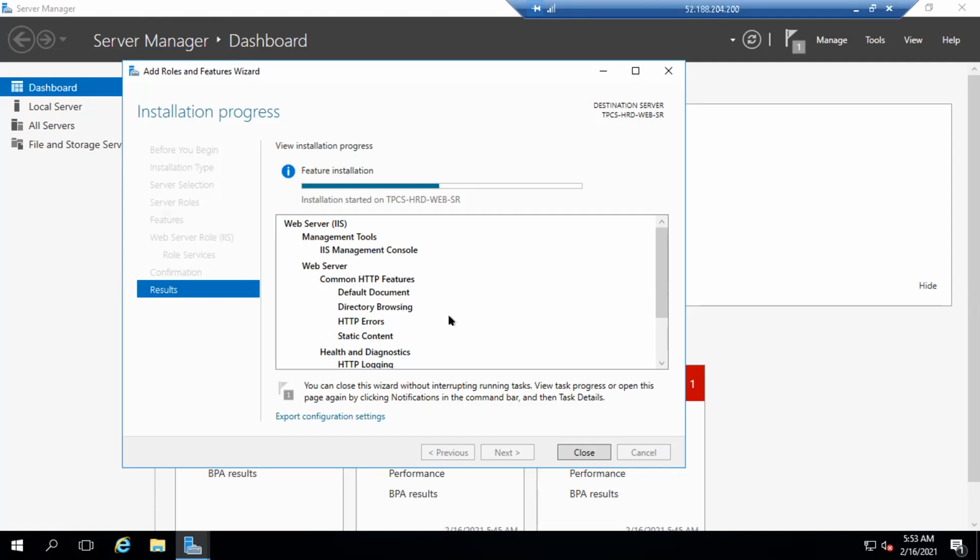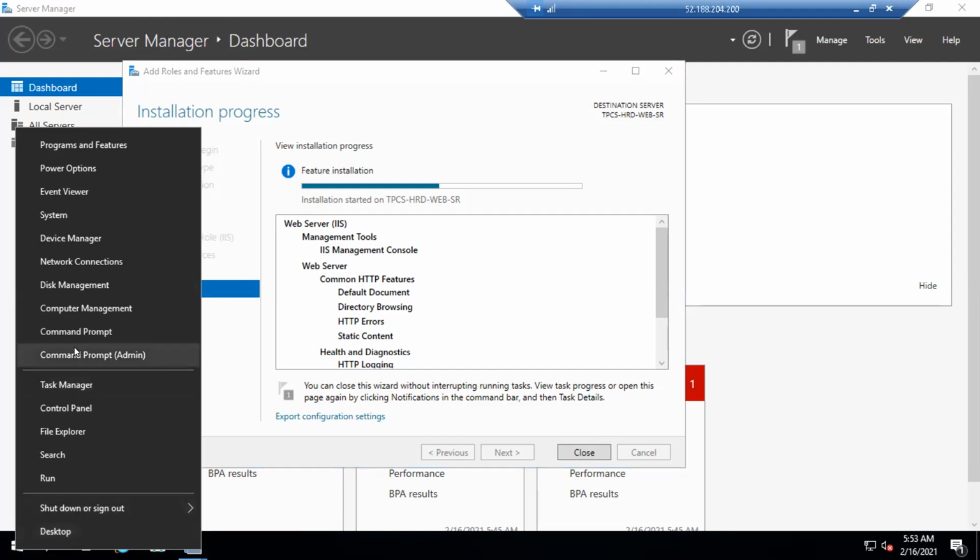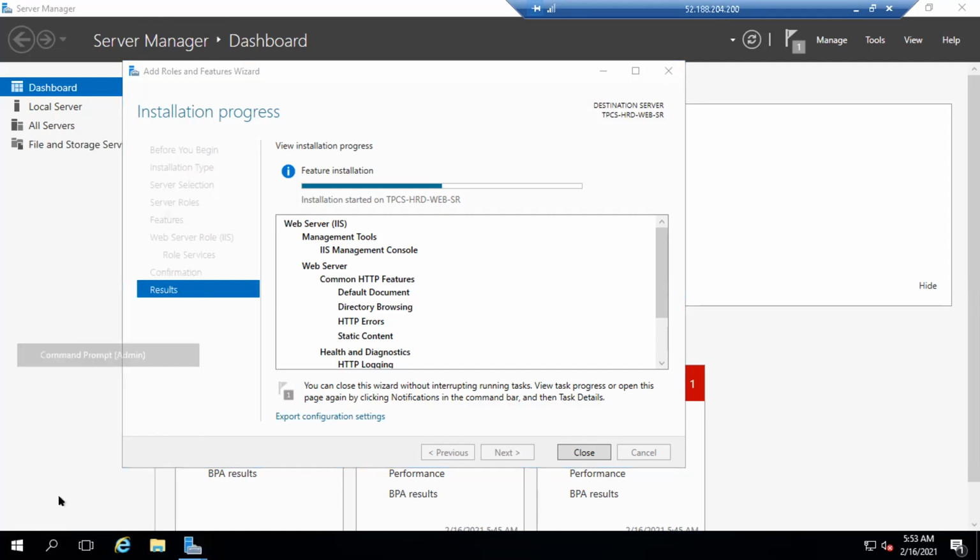Go to the command prompt. Open the command prompt, anything, admin or not. I'm inside the virtual machine.